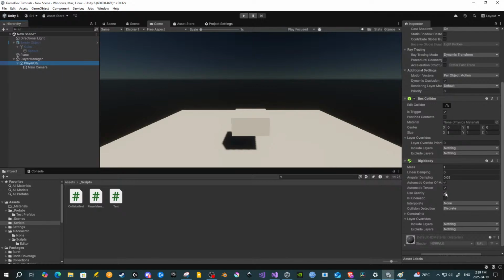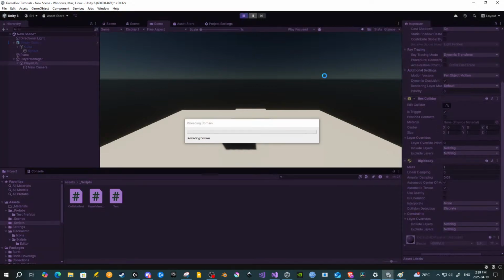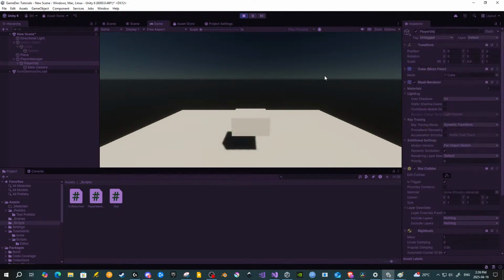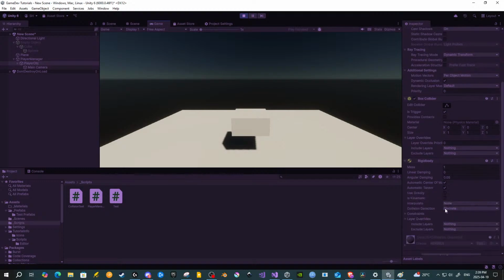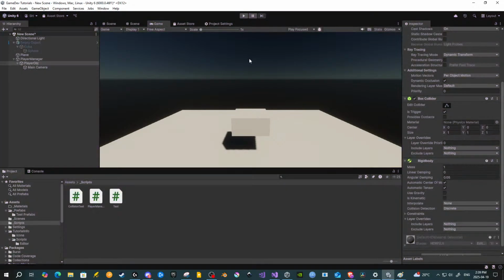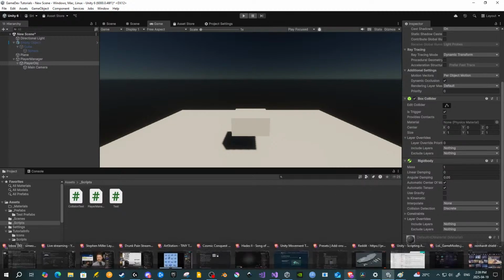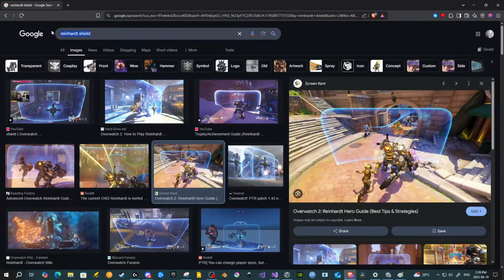So now if I disable gravity, see, now we're not falling anymore because gravity is disabled, right? So typically when you make a character, for instance, if we were to take